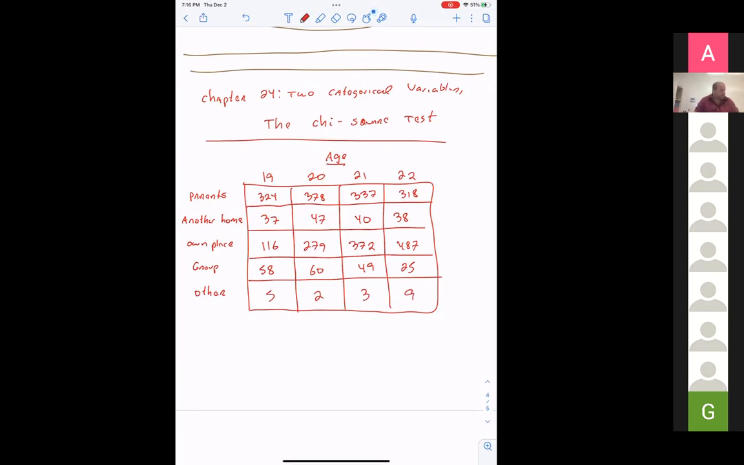A sample survey asked a random sample of young adults, where do you live now? That is, where do you stay most often? This is a two-way table of the 2,984 results. This is on page 528. Okay. With me so far? Yes. Okay, now